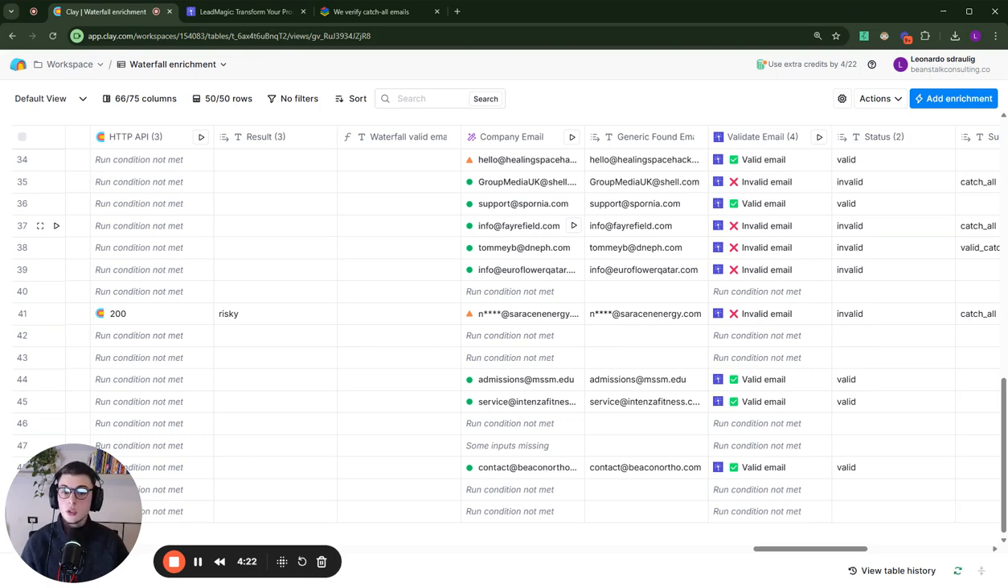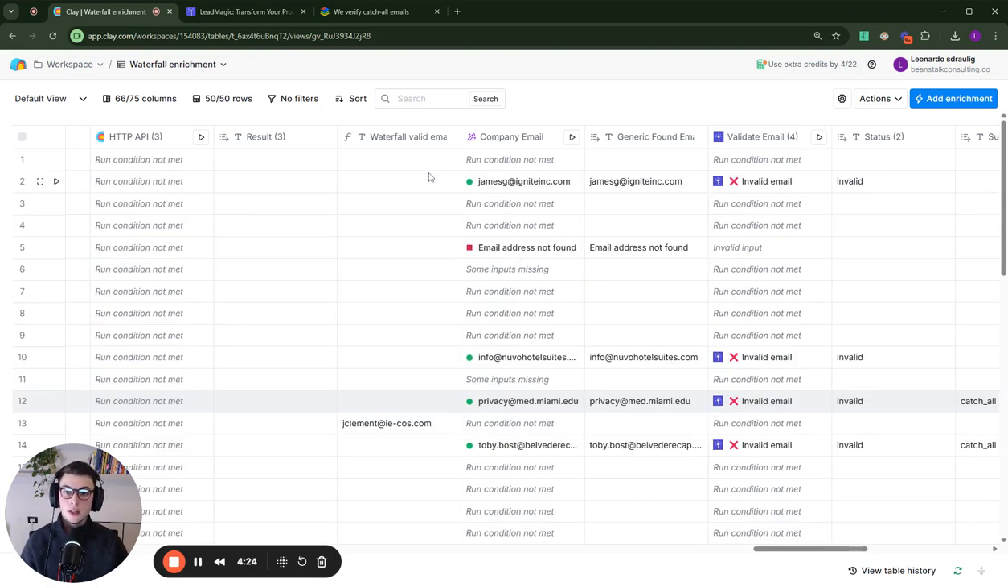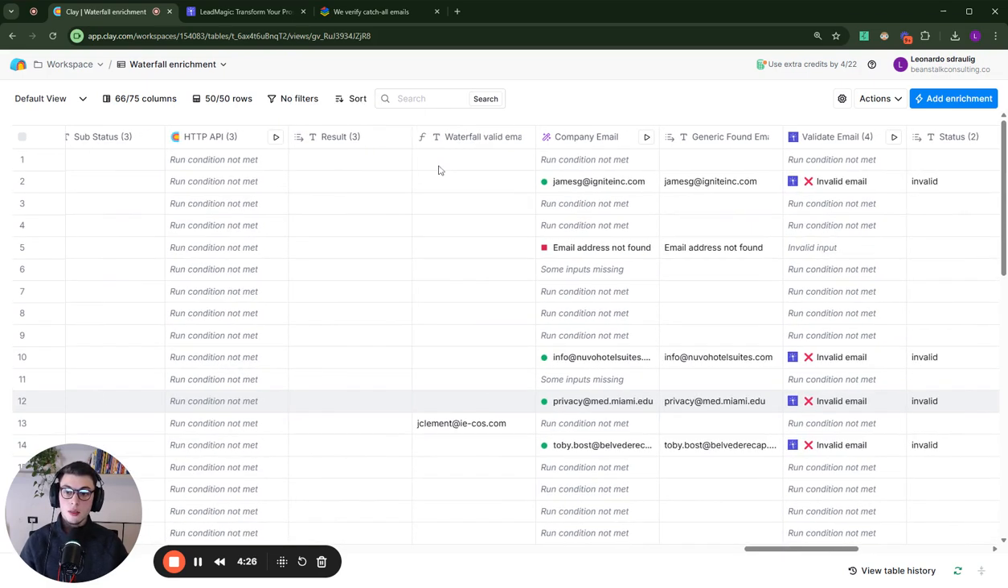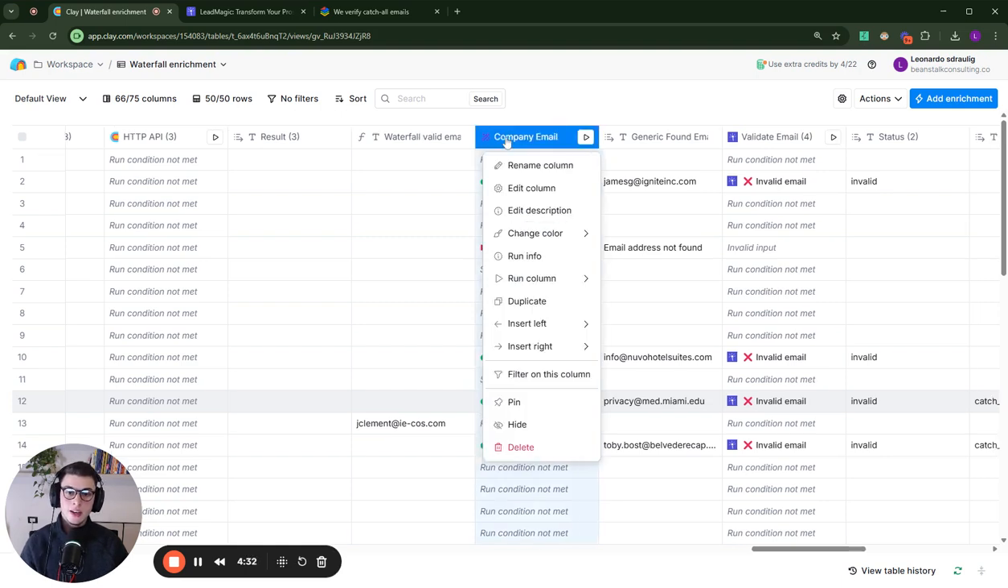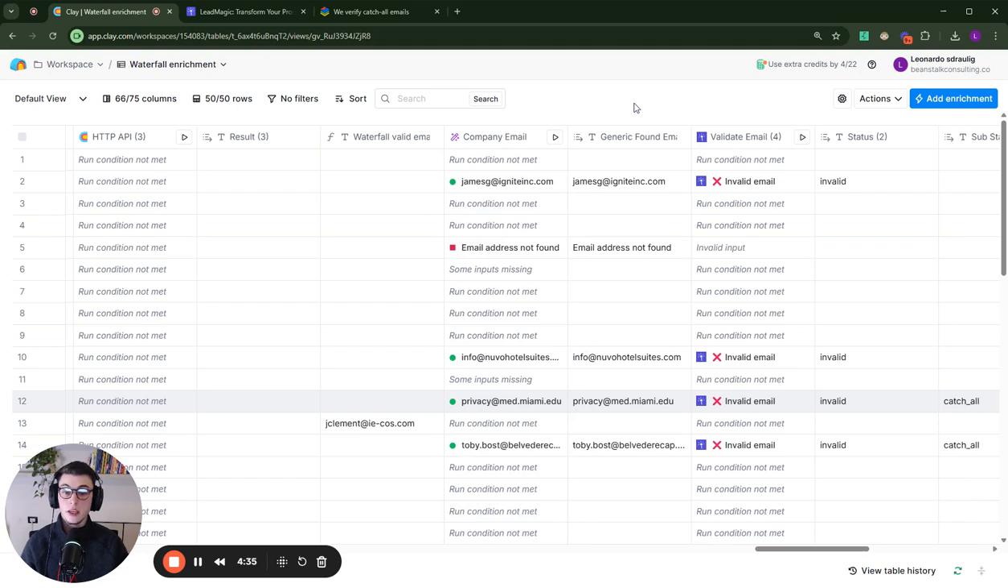So this is what I use, right? If I couldn't find a valid work email for this specific contact, I try to find a generic email using Clay agent, right? This is essentially an AI agent that is given by Clay, and you can essentially use this agent to